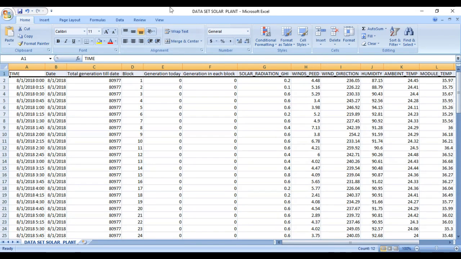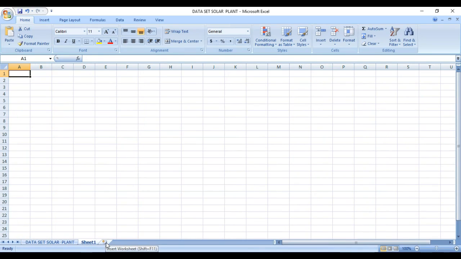This is an Excel sheet. See here, if you are using Excel with multiple sheets, you have to give the sheet name. See here at the bottom, we can use multiple sheets like this. This can be renamed also. Sheet name A3.